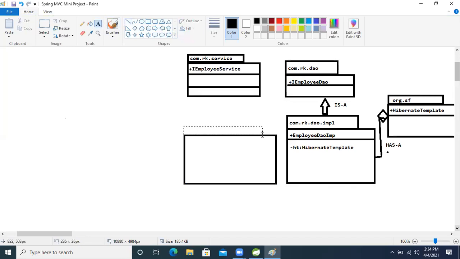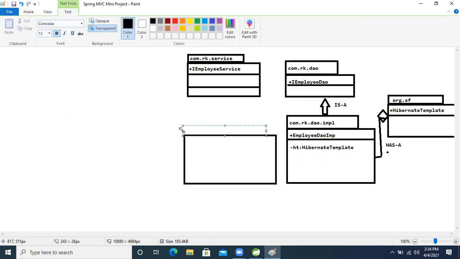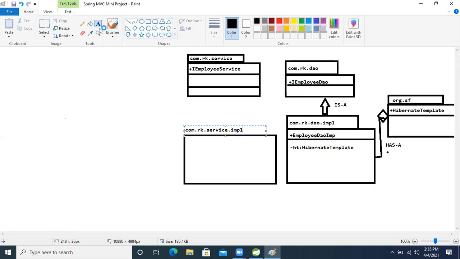Let's design this one also: com.rk.service.impl. Impl means implementation class, the service implementation class, where we will write the business logic.